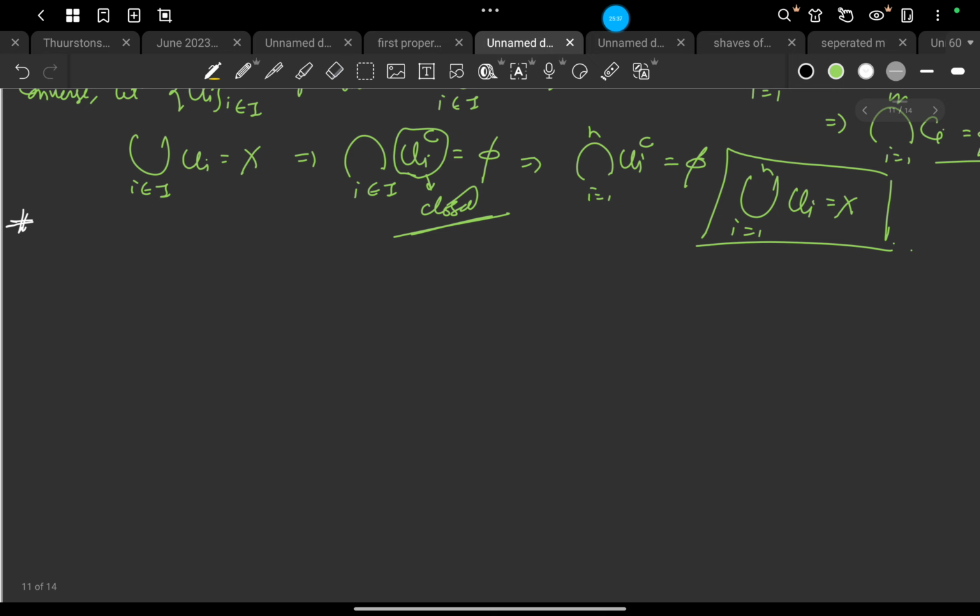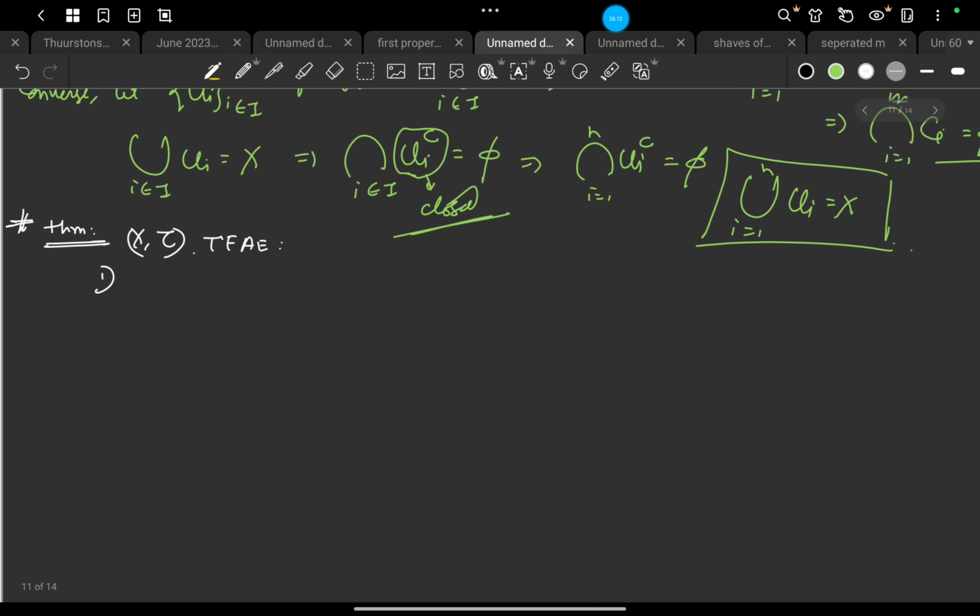So what is the theorem statement first of all? This says that suppose (X, tau) is a topological space. Then the following are equivalent.